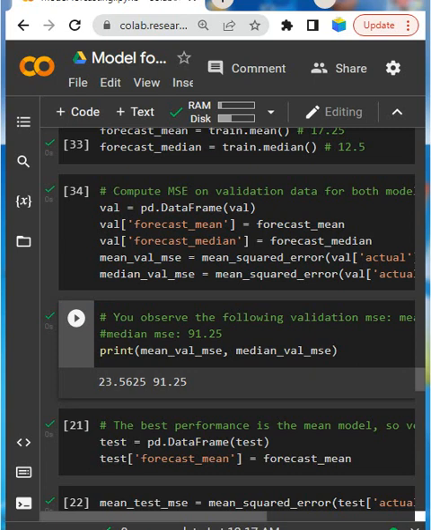So this would be the reason to retain the mean model over the median model. As a final evaluation, you verify whether the validation error is not influenced by the selection of the validation set, so that it favors the mean model.